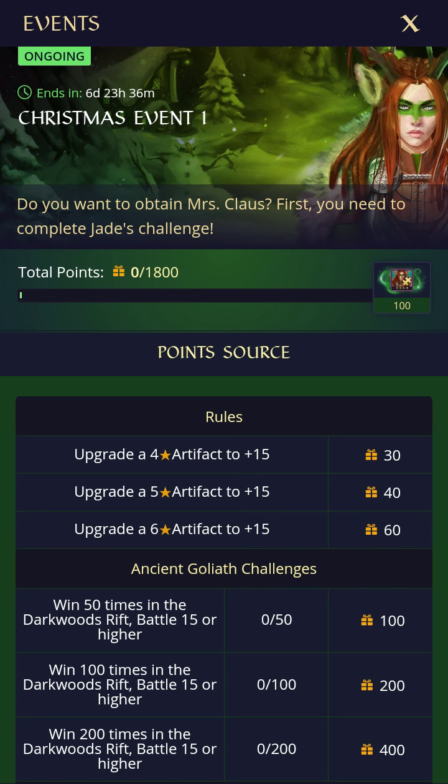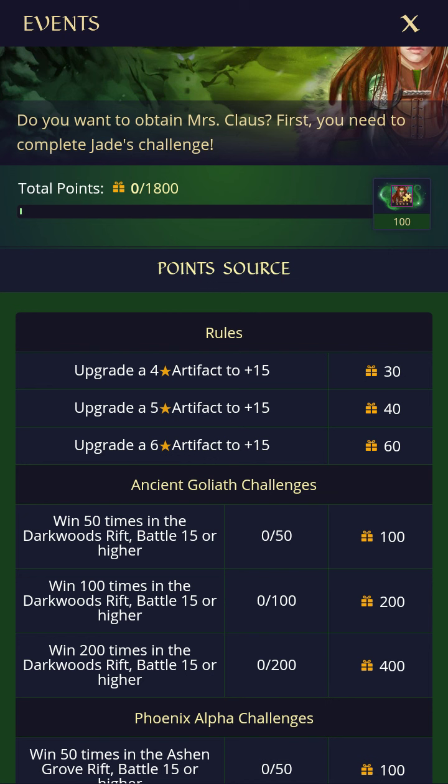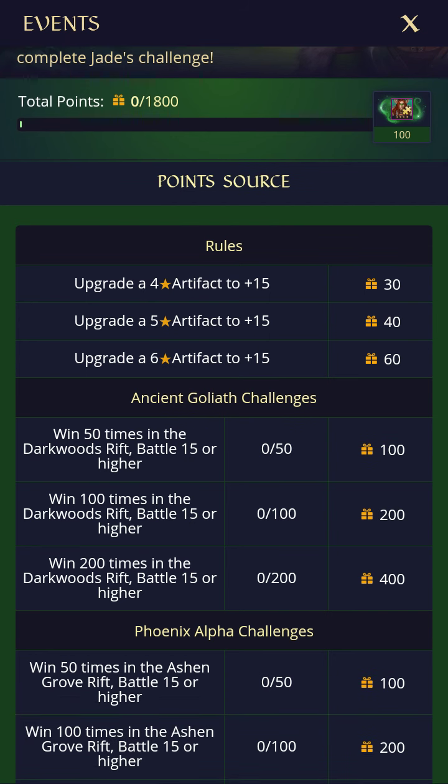All right, so here's your point sources. Upgrade artifacts to 15 on star level 4, 5, and 6. Get points for that. Ancient Goliath challenges. You're going to want to win 50 times in the Darkwoods Rift, 100 times in the Darkwoods Rift, and then 200 times in the Darkwoods Rift. So that's going to be a lot of farming and running your multi-battles if you do have them,